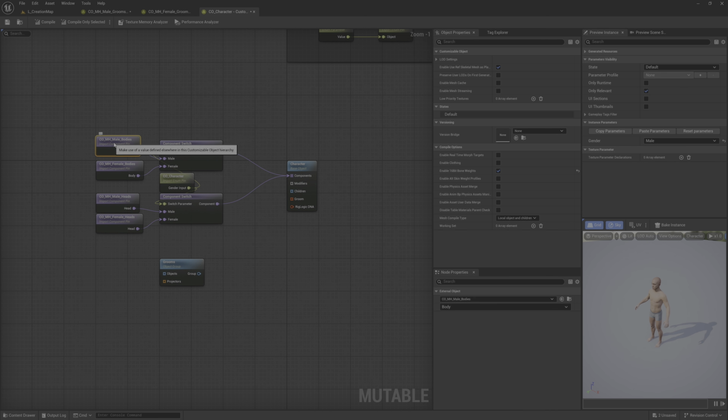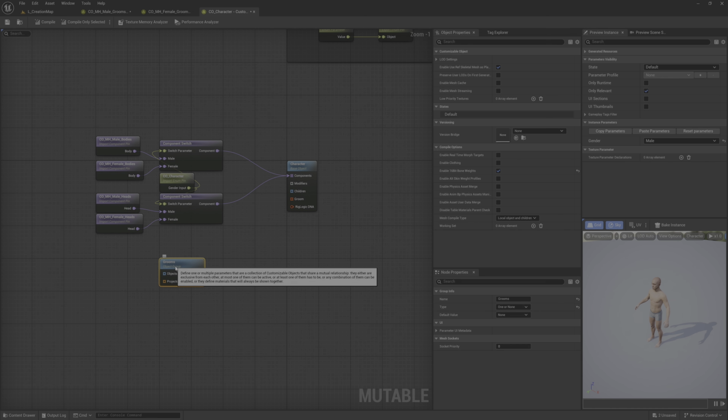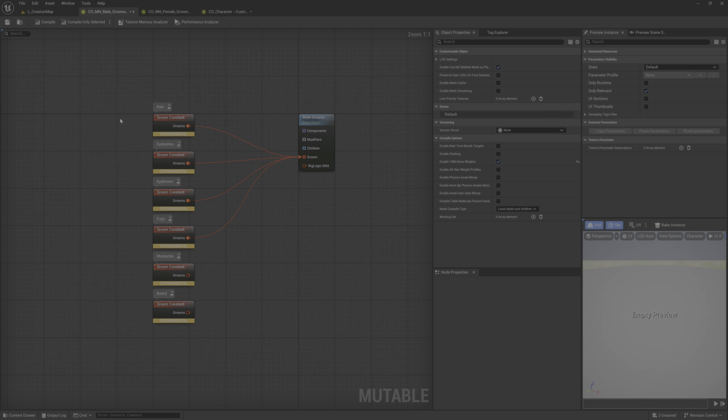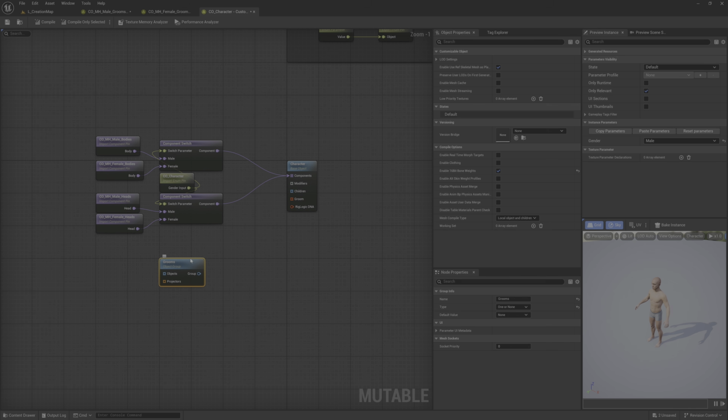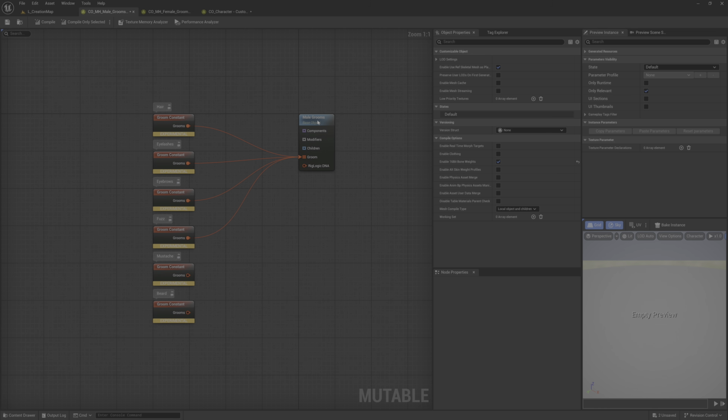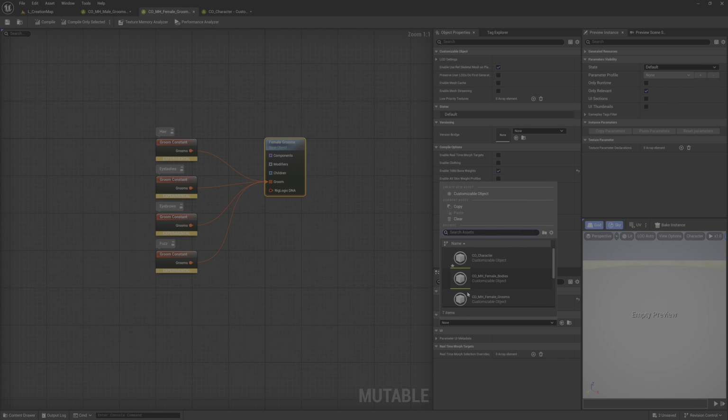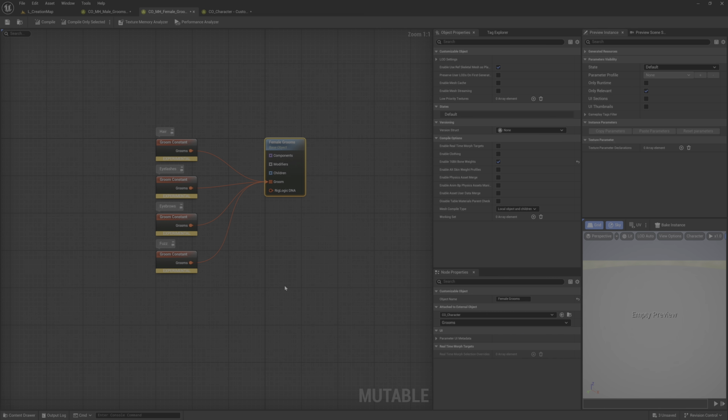Here we select the component and then we link this node basically to our customizable object, but the object group works differently. You need to link it inside the node where you want to target this object group. It's a bit tricky, but it works. So CO character grooms, female, CO character grooms, compile and save.